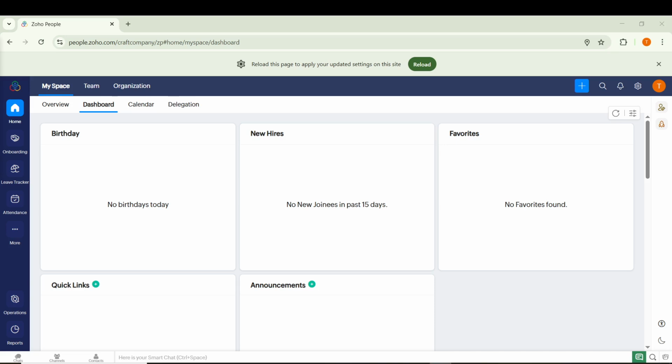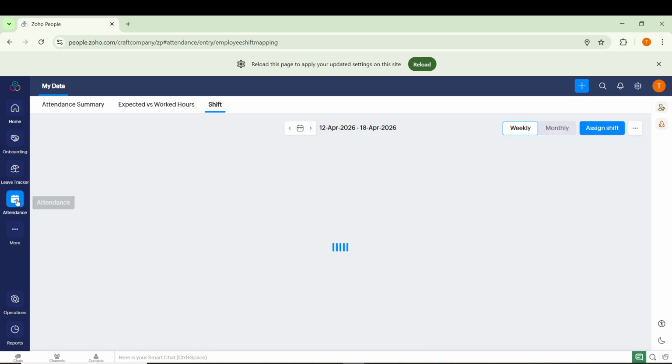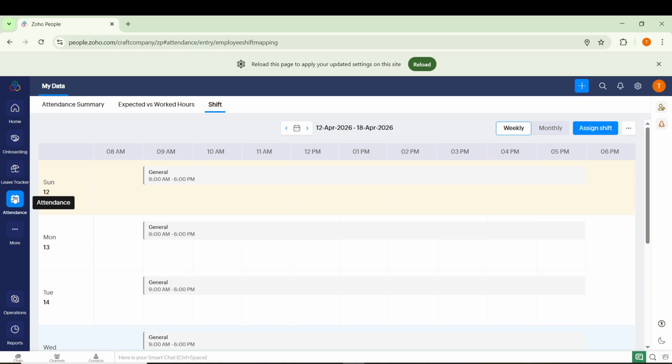In today's video, I'm going to teach you how to mark WFH on Zoho People. Once you are logged into Zoho People and you are on your main dashboard, you will start by heading to the left sidebar. Look for the Attendance tab and click it. This is the section where you can view your daily attendance activity and also record your status for the day,